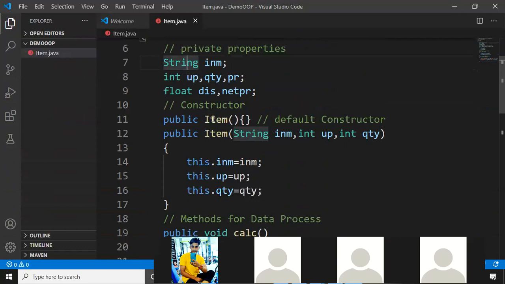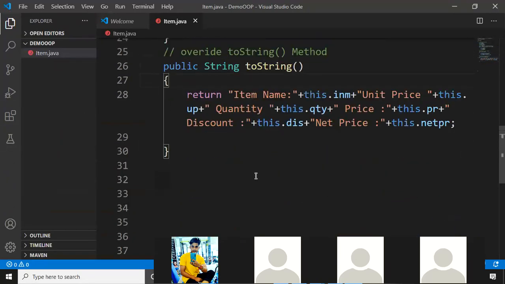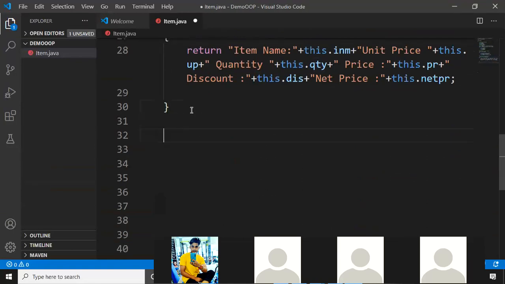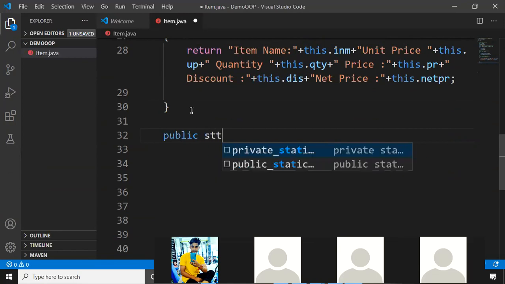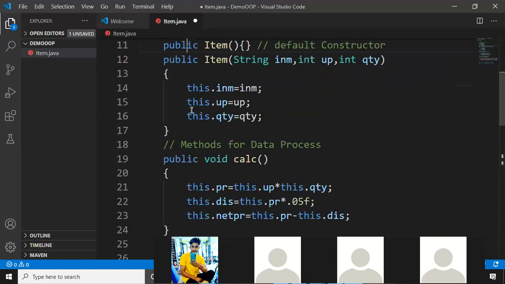You have the private data, you have the constructor, you have the calc method, you have the toString. Now what you need to do is build the main method, or you can construct another class where you can refer this. But right now I'm just referring the main method over here: public static void main, args, command line argument and all. Then why not read the data of the item? Okay, so we'll go with the